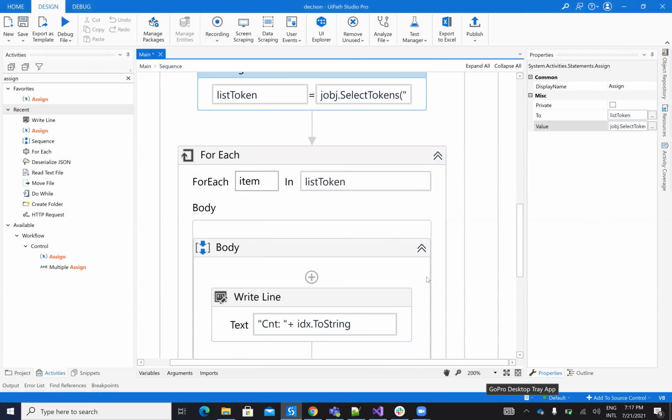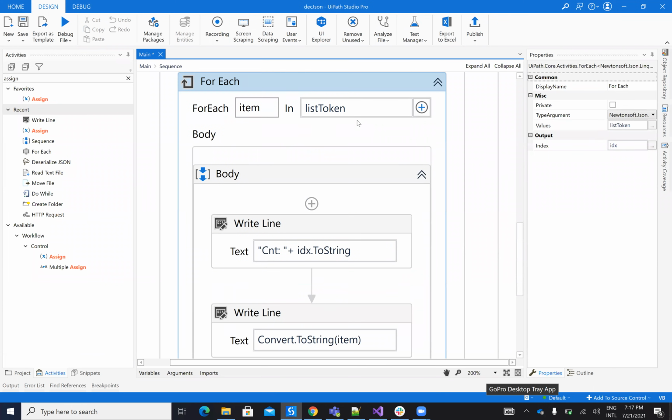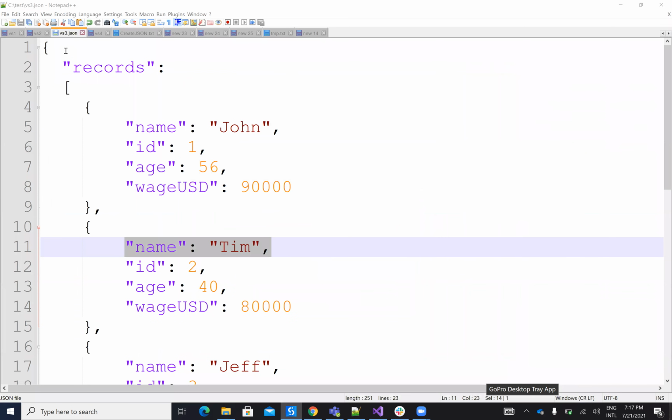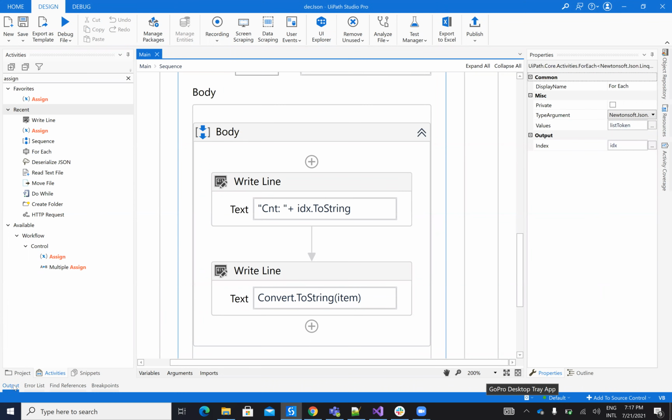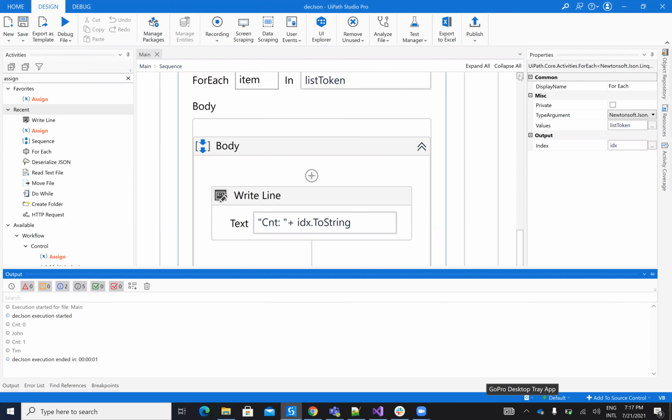So basically, I do this and I print here. I print the index on the for each, so you can see that I have one result with John and one result with Tim. If we run it, you will see that I have one result with John for the first one and one result with Tim, because these are the names that have more than 40.